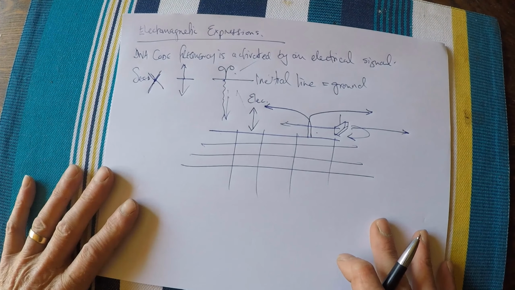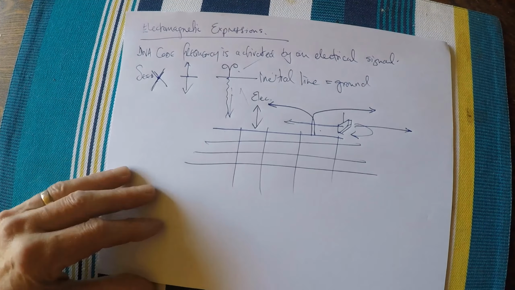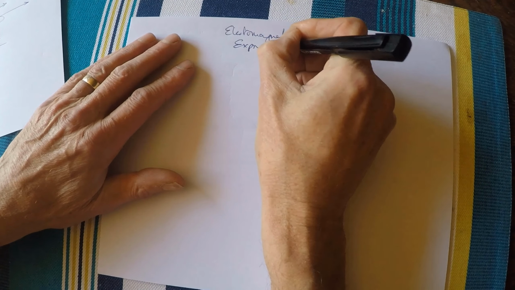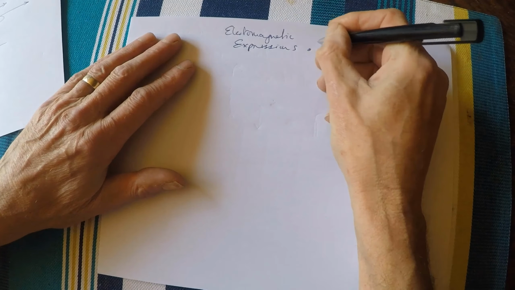Now, what I wanted to show you today is the electromagnetic expression or expressions of the human body. There are three electromagnetic expressions. I'm going to draw a few here. This is going to be a bit weird because some of it I can't draw, obviously, because I'd have to be Leonardo da Vinci, so we're not going to bother with that. We're going to start with,